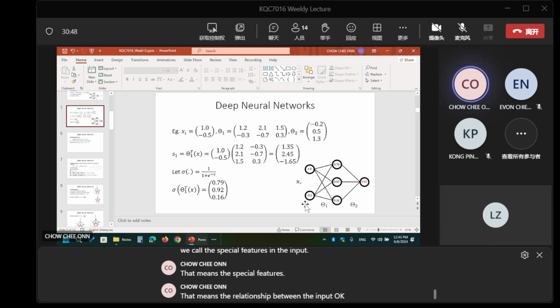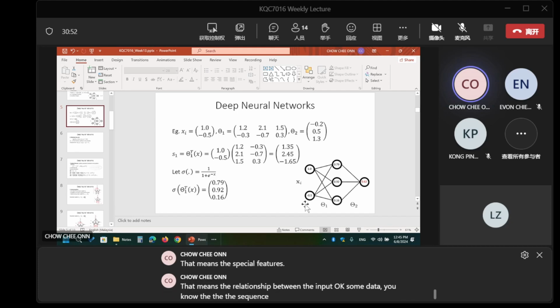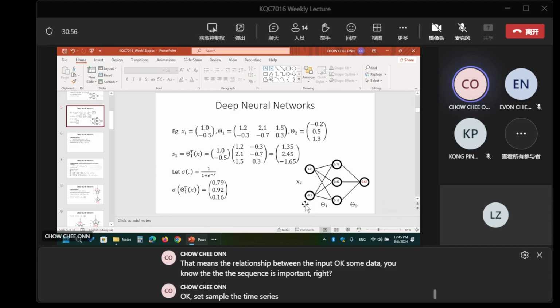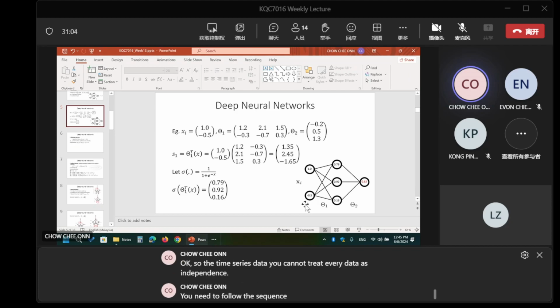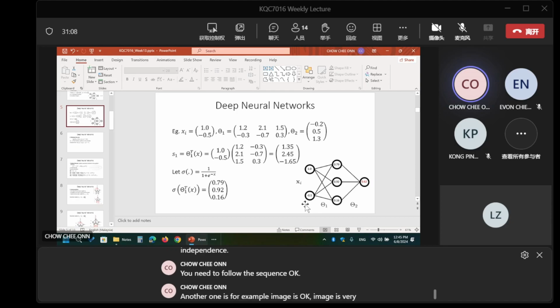Some data, the sequence is important, right? For example, time series data. You cannot treat every data point as independent; you need to follow the sequence. Another example is image, which is very much independent.